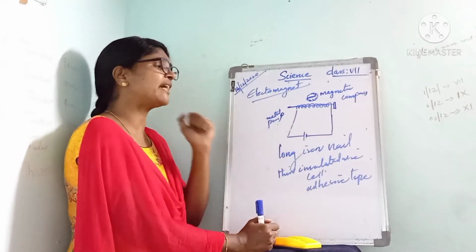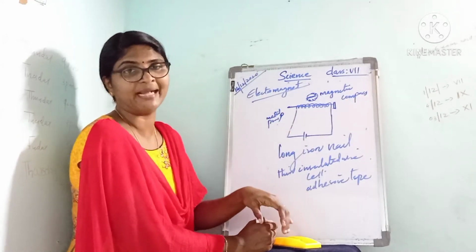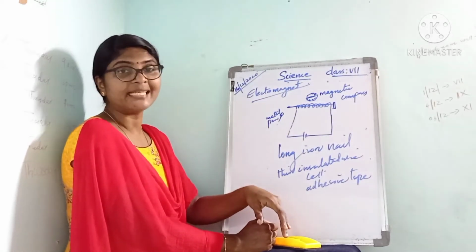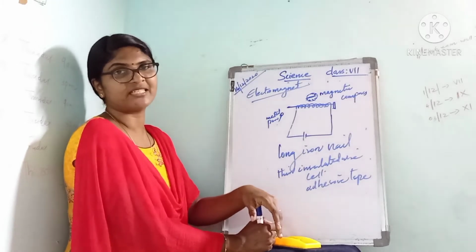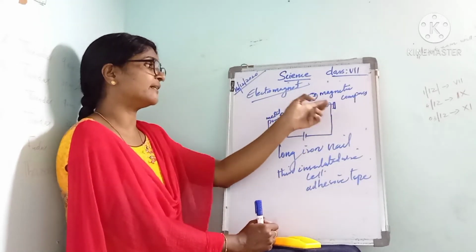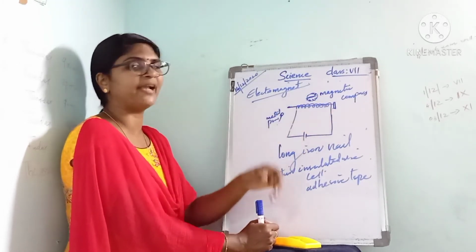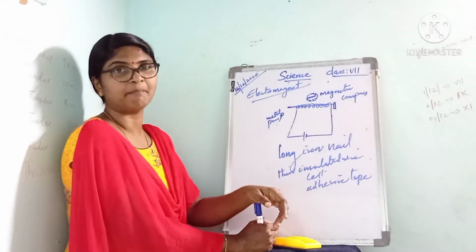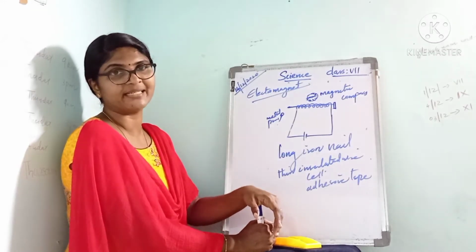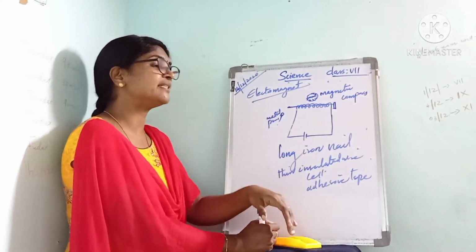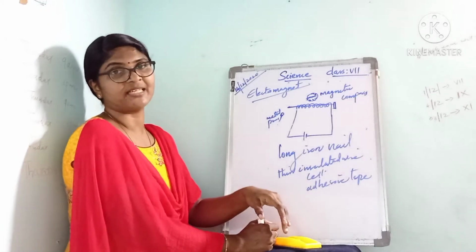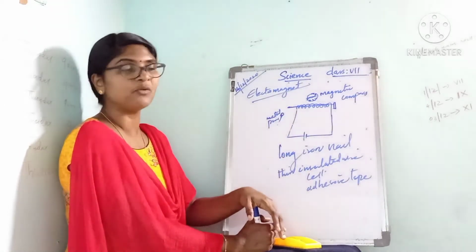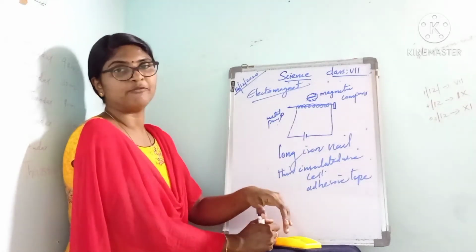Now next, we will disconnect the temporary magnet. Then after 10 minutes you can observe this magnetic compass. That time it does not show any deflection. When the coil of wire behaves as a magnet, the compass showed a deflection. But after the disconnection of the electromagnet, the magnetic compass does not show any deflection. That is why it is called a temporary magnet. Whenever there is current, only then the magnetic compass shows a deflection.